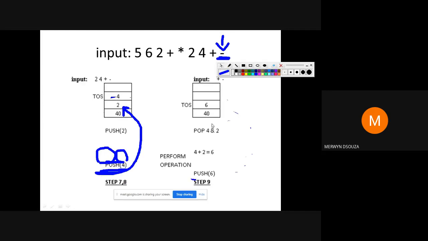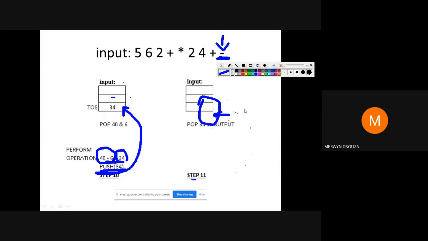One thing that you need to note: when you pop the two topmost values, the lower value, with respect to this example, is 40. 40 should be kept on the left hand side of the operator.